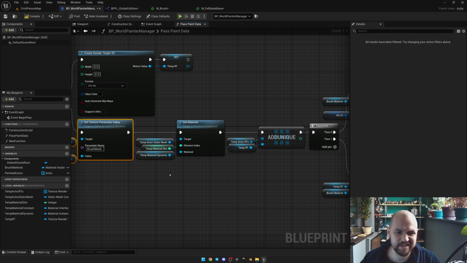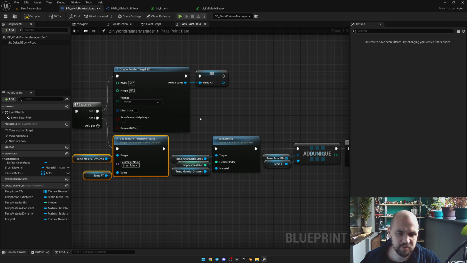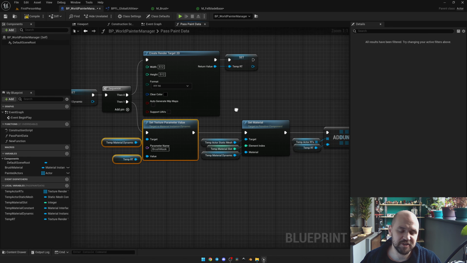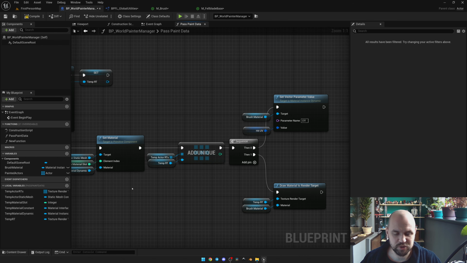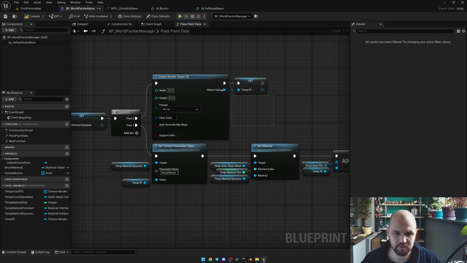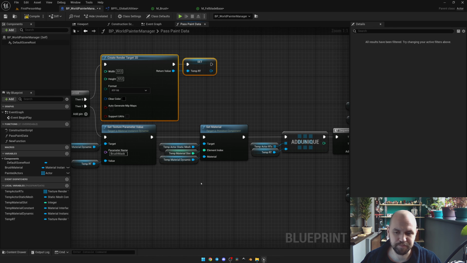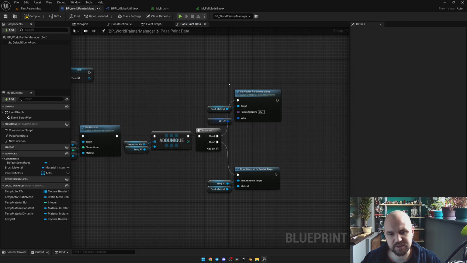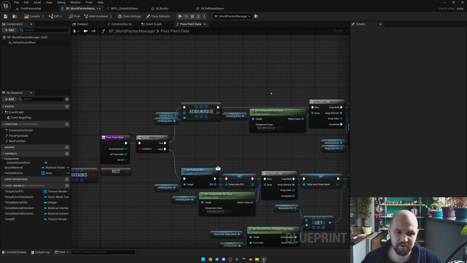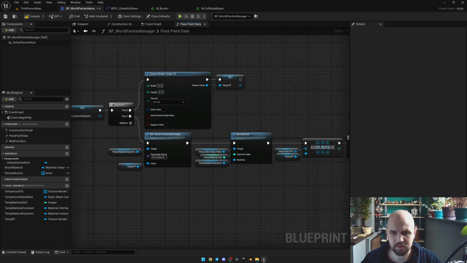Then we need to set the material that we made with our new render target to the static mesh that we are operating with. Once we've done it, we need to store our render target, this one, to the array of actor render targets. Then on the sequence, as we have the hit UV from the incoming function, this one,